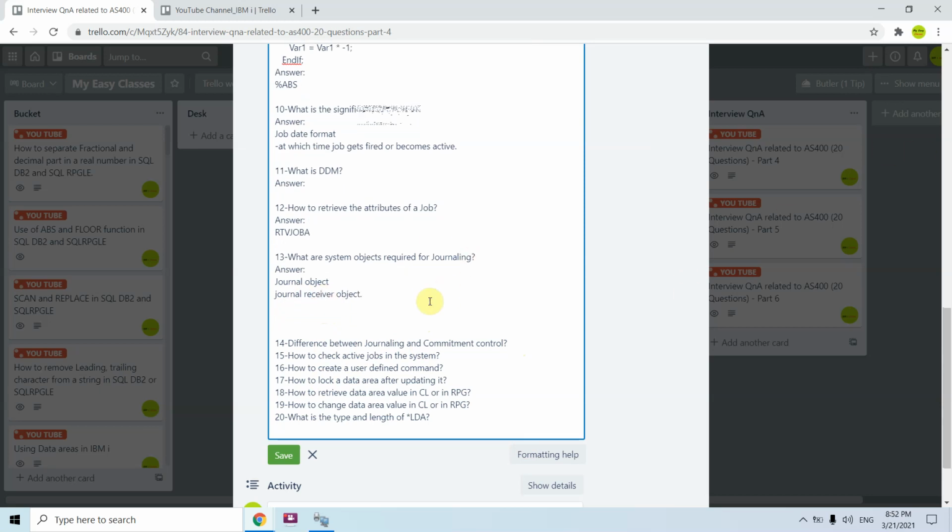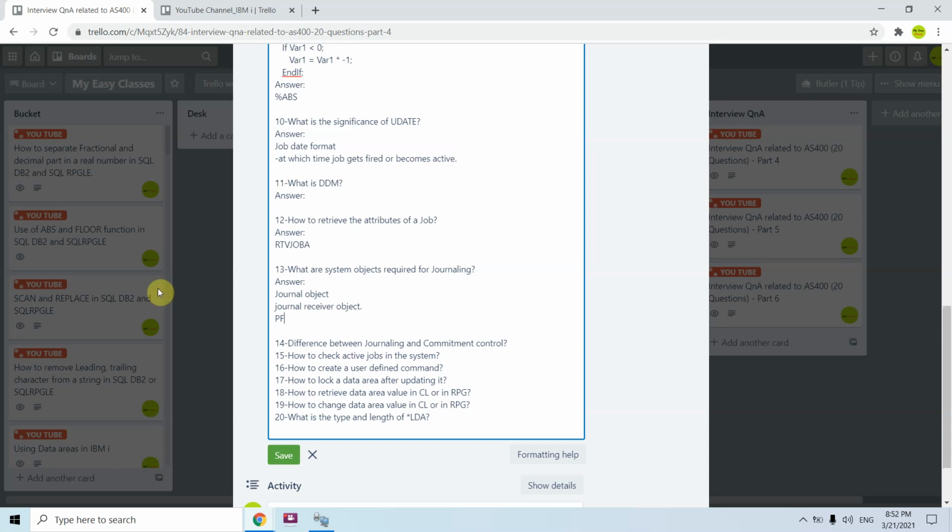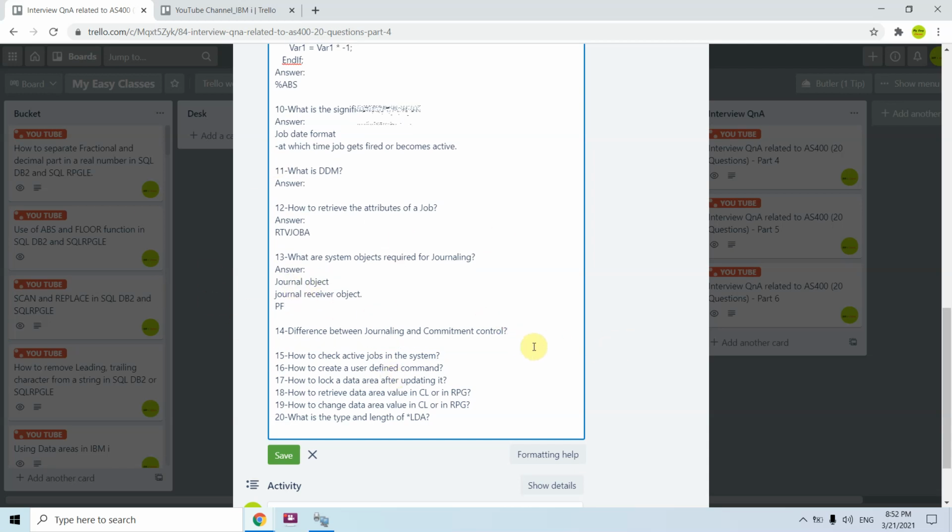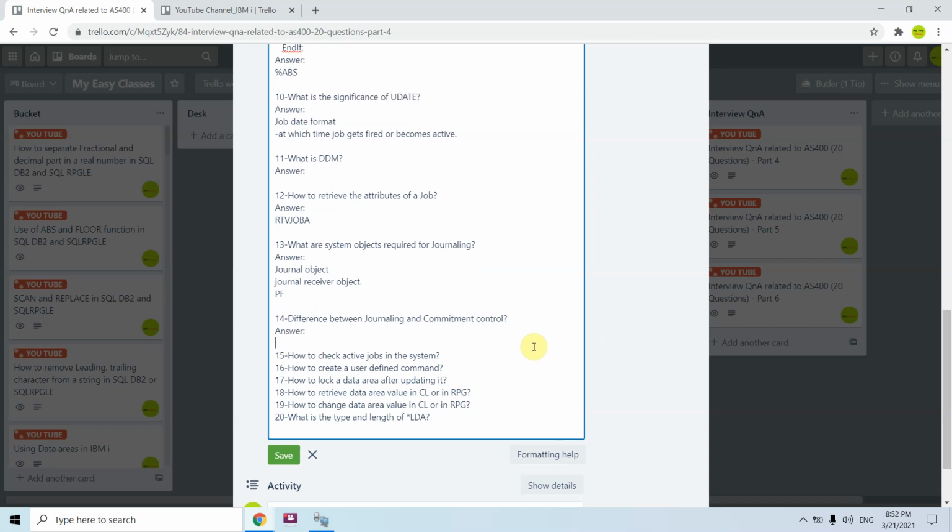And the third and the most important is the PF on which the journaling is to happen. So these three objects are required. Difference between journaling and commitment control.